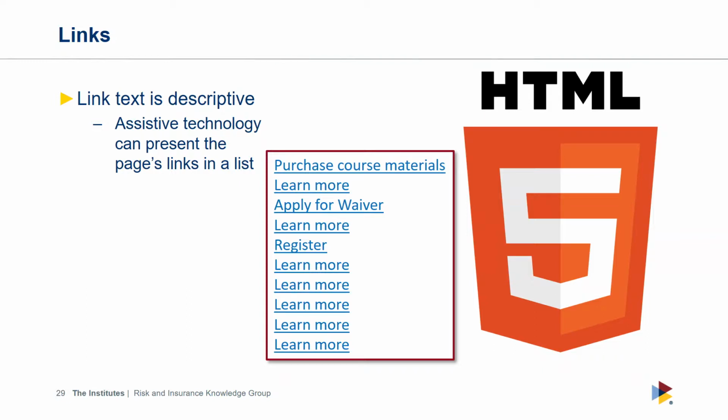Link text is descriptive. Remember when we talked a little bit about screen reader power users? This is the list of links on a new content page that marketing wanted us to put out. And I said, wait a minute, we have a problem. And they had no idea that someone could look at just the clickable text, a list of all the clickable text on the page. This is why these links that read click here, read more,